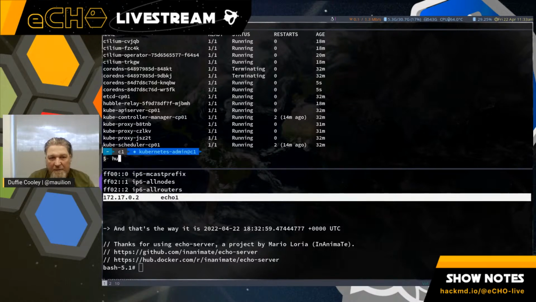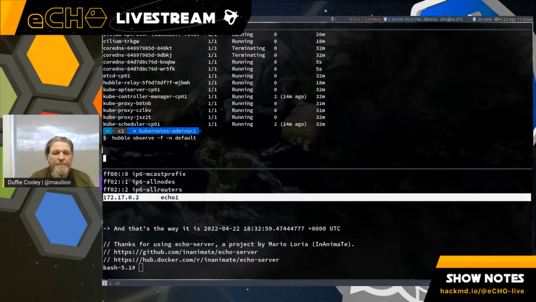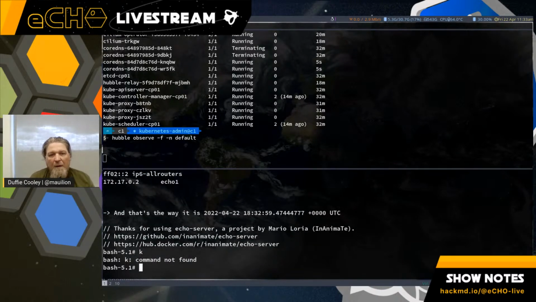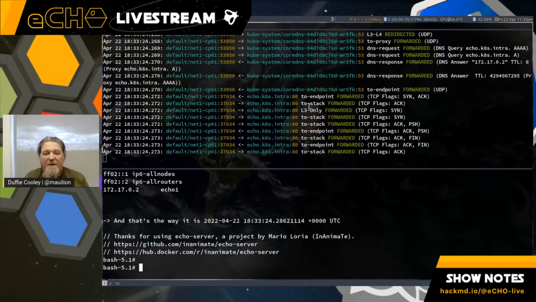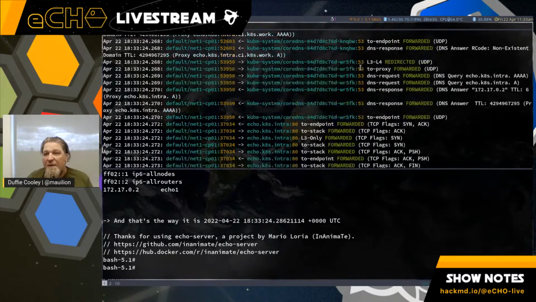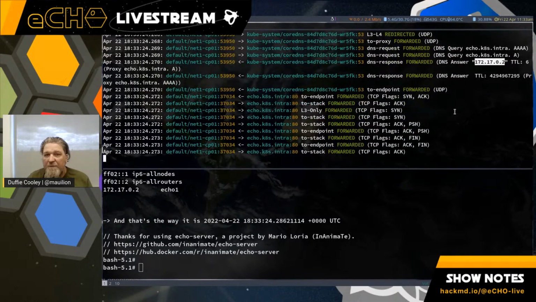And if I go back to my Hubble observe and I run that same command, hubble observe -f in default, and run the curl command, we're actually seeing that that traffic is being allowed, because we have a network policy that allows me to talk to anything.kh.intra. We're also able to see that that record is 172.17.0.2.